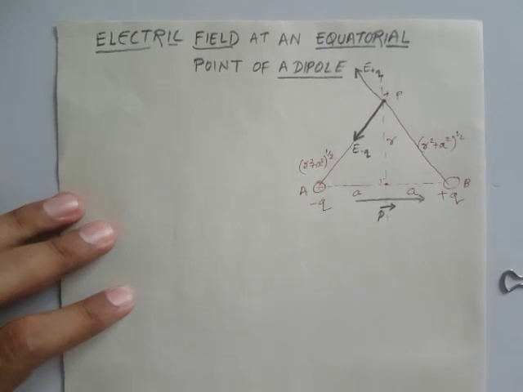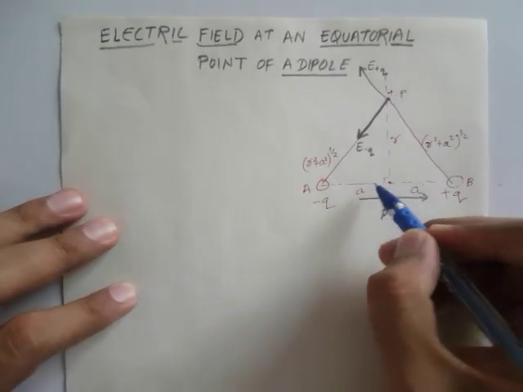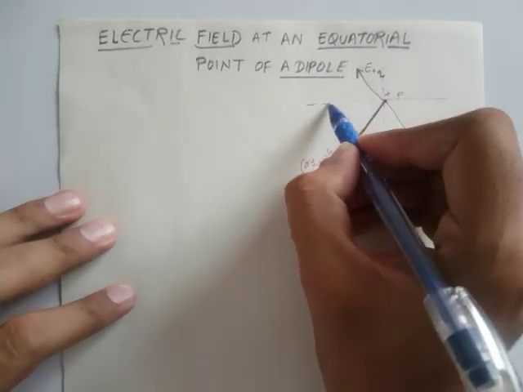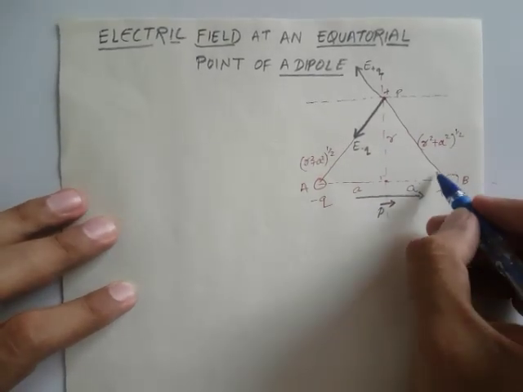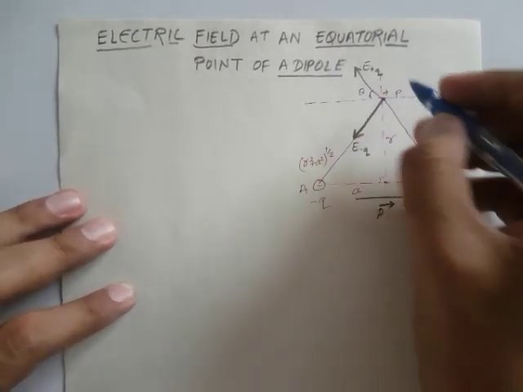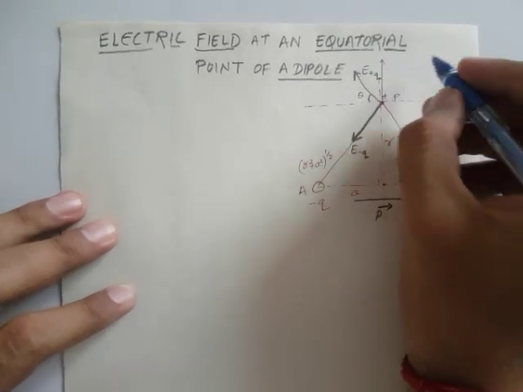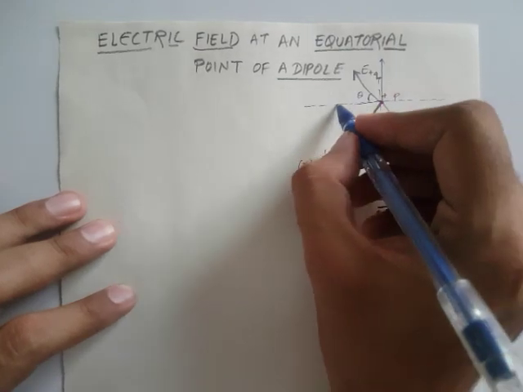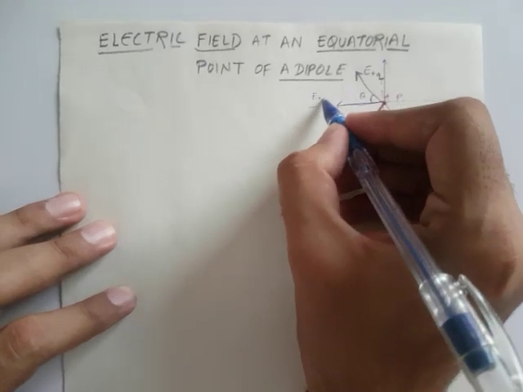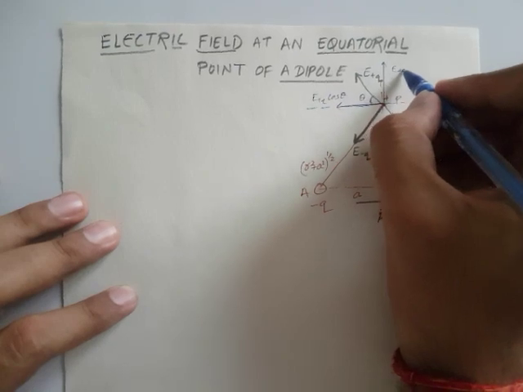Now if we take the two components of this, we draw a parallel line, a dotted parallel line. If this one is my theta, then this one is also theta. So we have two components here. One is normal to this line, that is the sine component, and with respect to the angle, this is my cos component. I can write over here E plus Q cos theta, and in this I will write E plus Q sin theta.